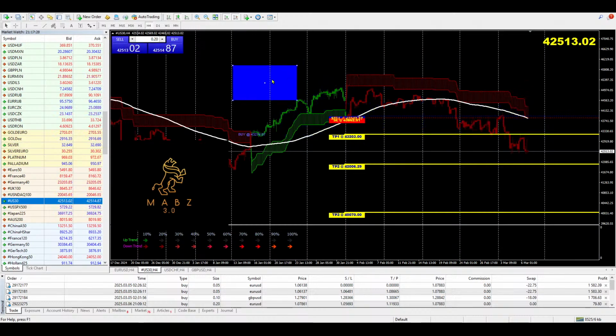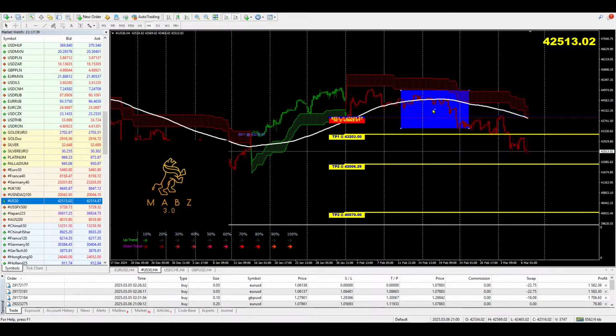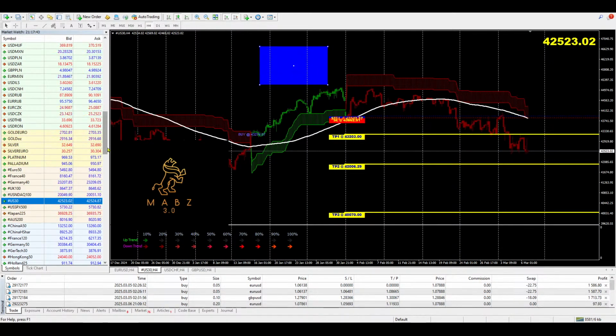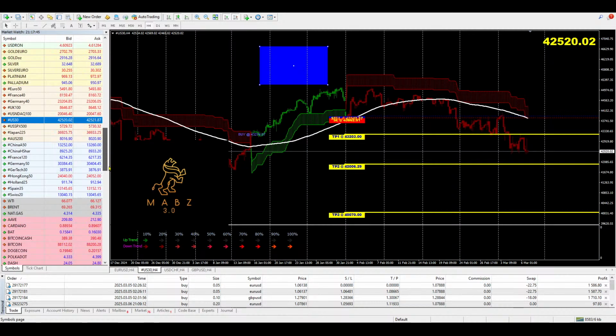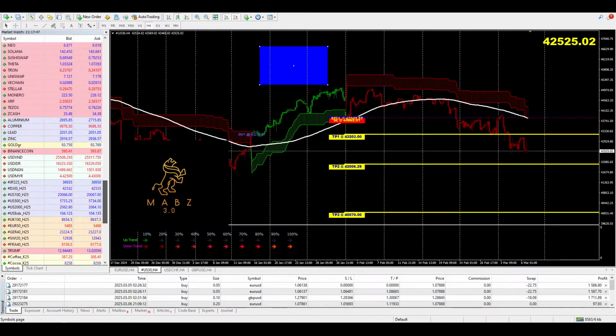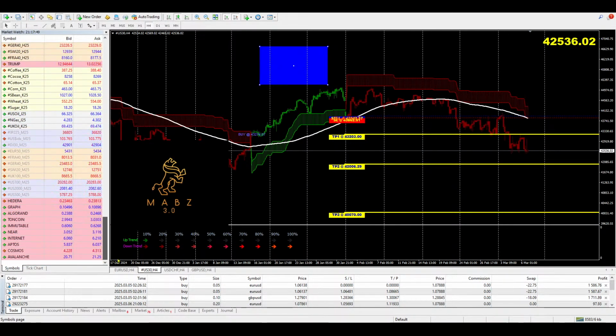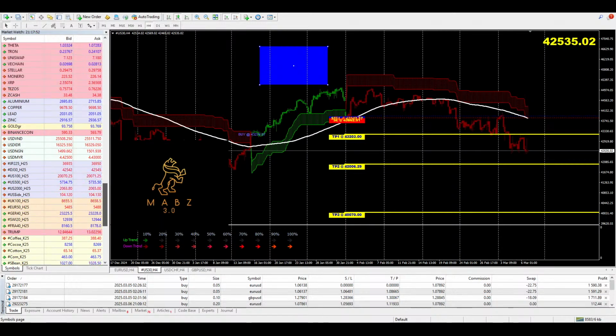But mind you, US 30 is exactly like gold. The pip value here is pretty wild. Okay, so if you're going to be somebody who's going to be jumping in on this, you need to be aware of the risks of trading the US 30. But this is also a very good trade to take. I might open up more trades on it tomorrow. Right? Let me see if there's another market that I can quickly look at.